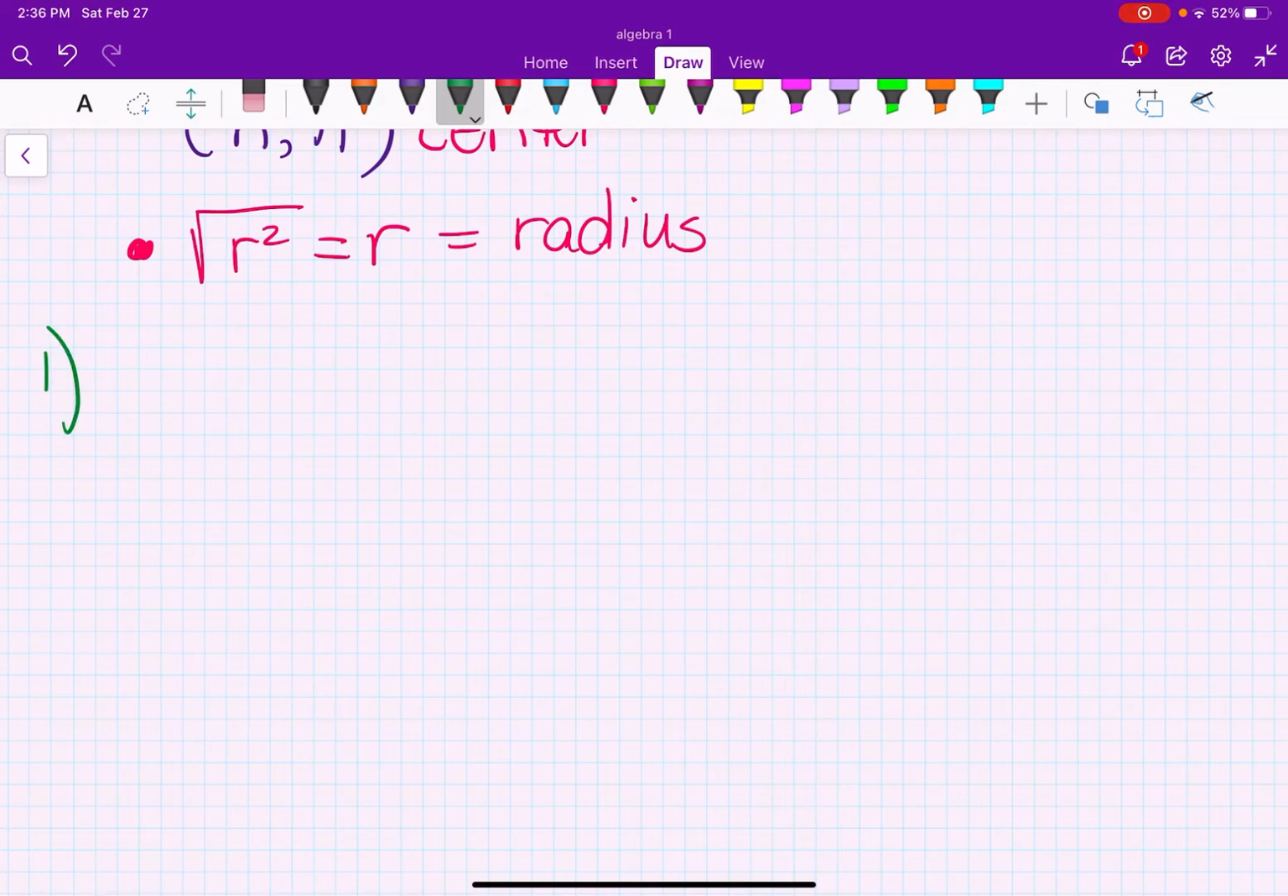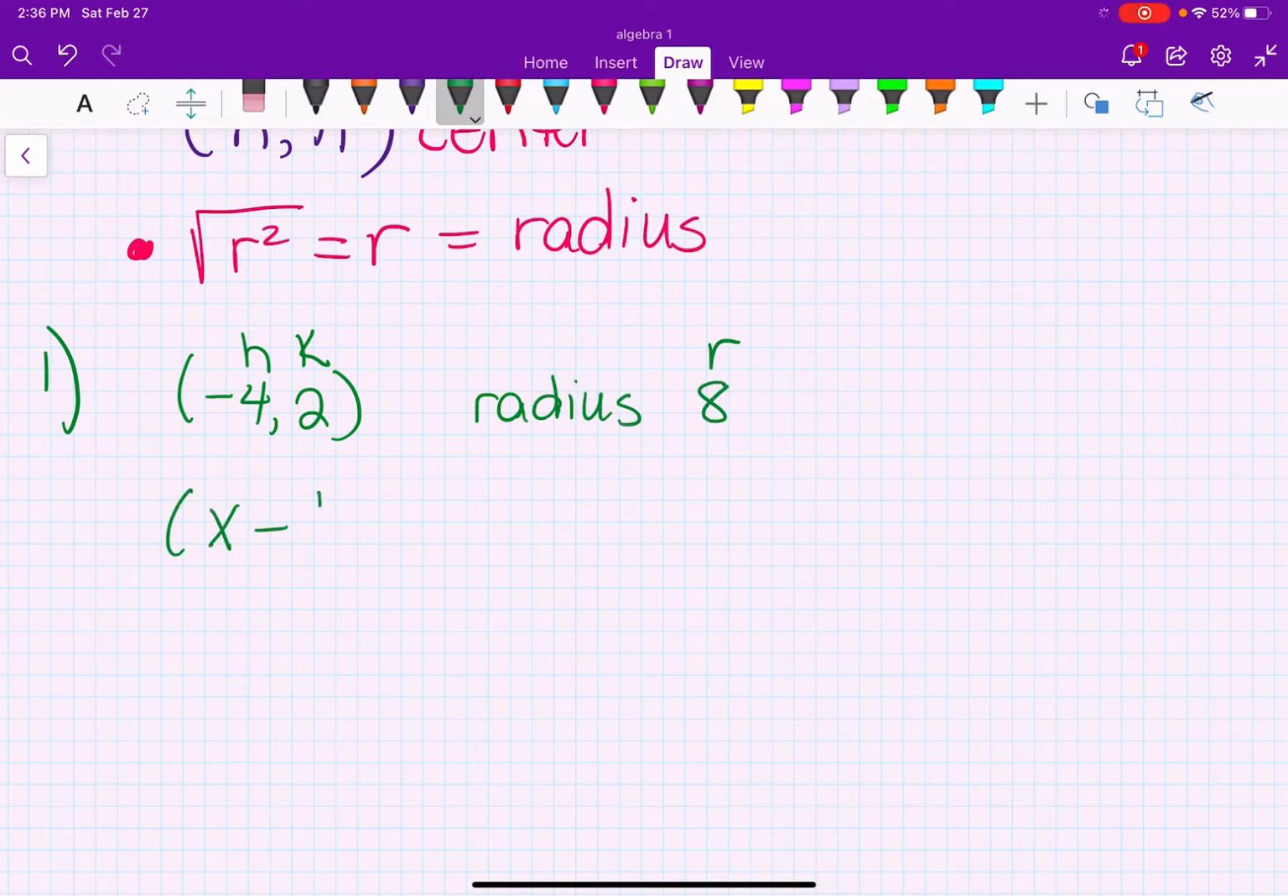Number 1, write an equation for a circle that has a center of (negative 4, 2). There's our h and k. And a radius of 8, so that's our r. So here's what I would do. I'm going to write out the original formula. You don't have to do this every time. I'm just going to do this once so you kind of see where the negatives and where things come from,